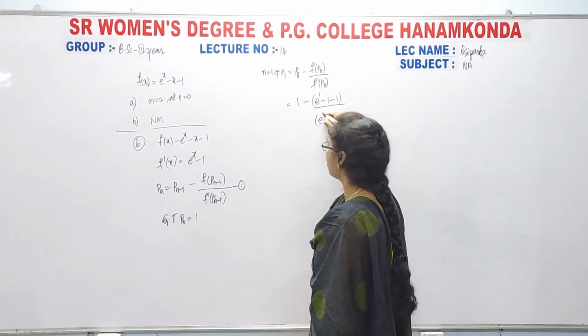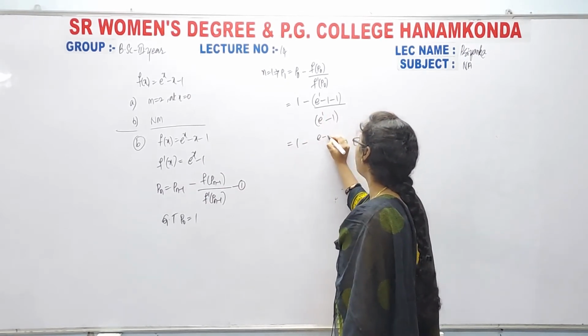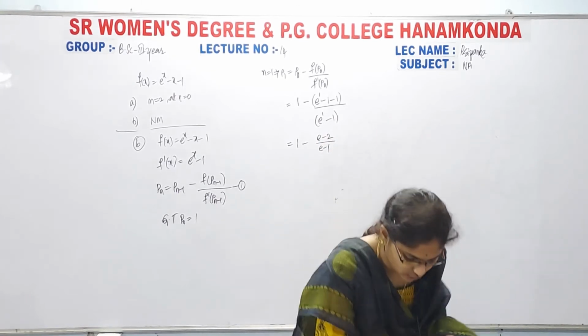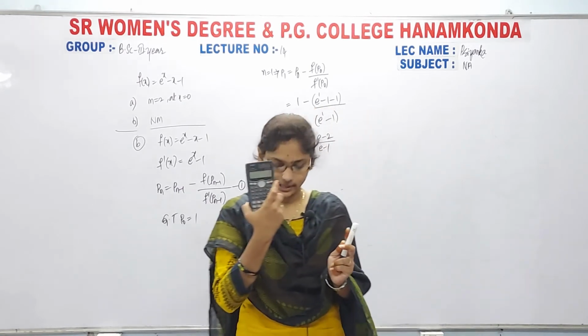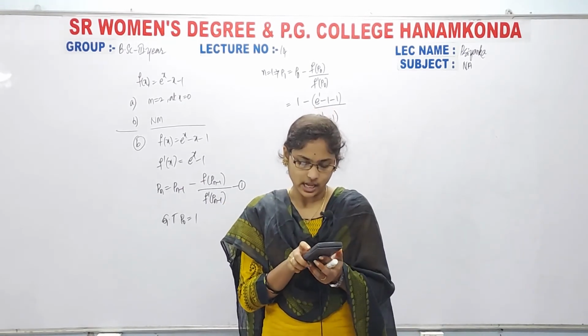So e power 1 minus 1. So it is 1 minus (e minus 2) by (e minus 1). Now here again we have to go for the calculator, and actually it should be in radians. Okay, keep it like that. So then next,